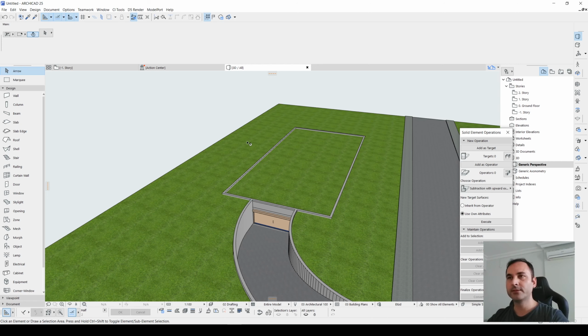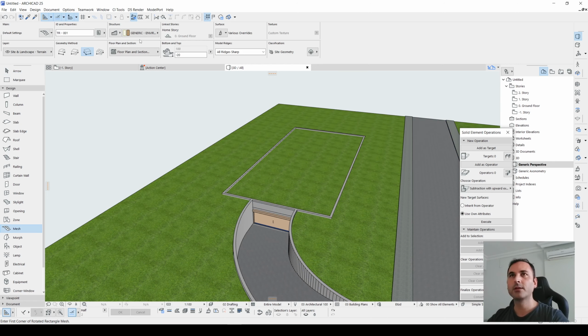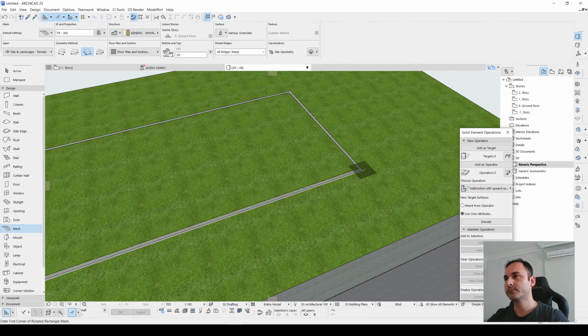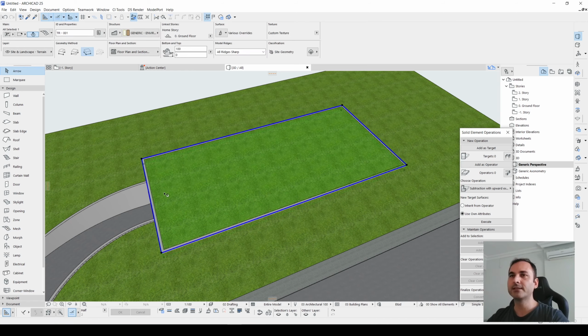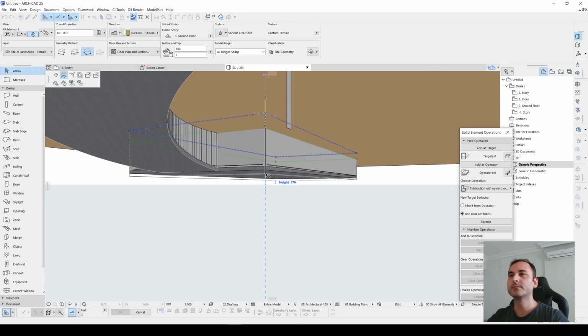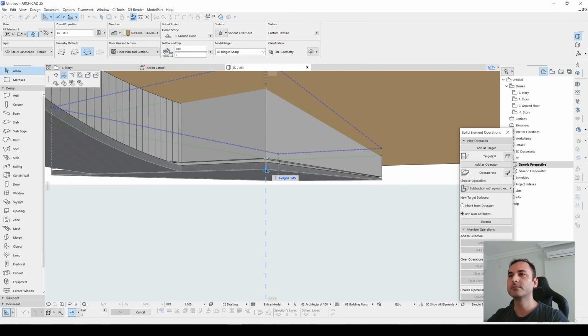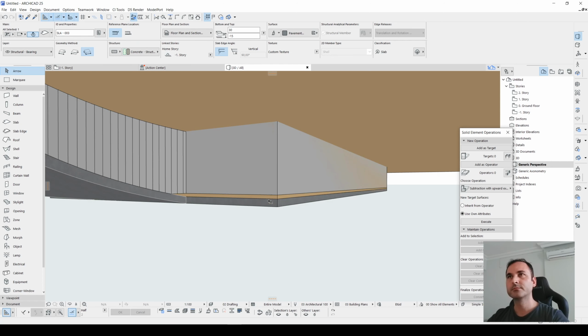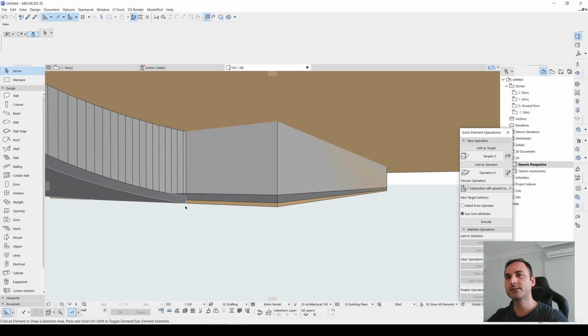Now to achieve it, we will click this mesh with Alt and from here to here, let's create our basic rectangle and let's change the thickness. It will start from here and finish from here. By the way, our elevations don't look correct. It's -15. Let's make this 0 and this is correct.